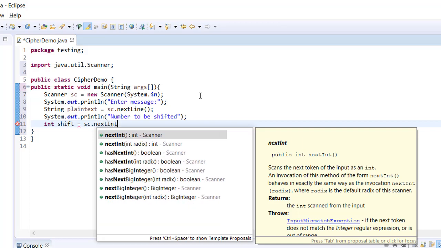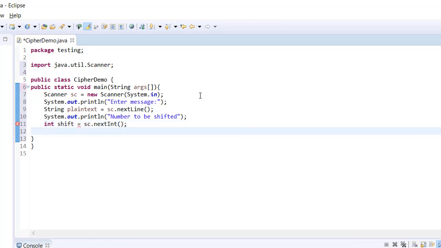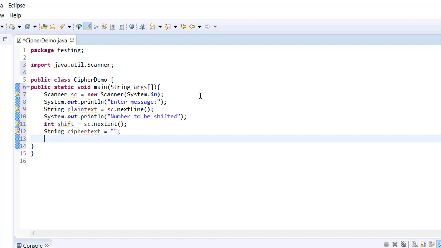Let's take the value from the user using scanner. String cipher text equals some null value, the text which will be encrypted form, char for alphabet. Now here